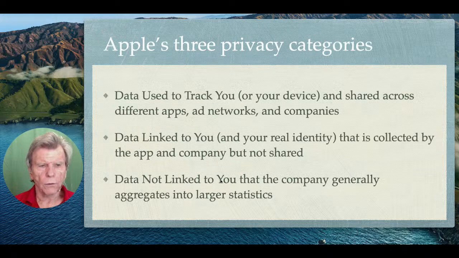So there are 3 privacy categories in Apple's privacy system. There's data used to track you, there's data linked to you, and then there's data that's not linked to you that the company generally aggregates into larger statistics. So those are the 3 big ones, but there are a lot of little subcategories. So if you want to know more about that, I put a link in the notes down below,